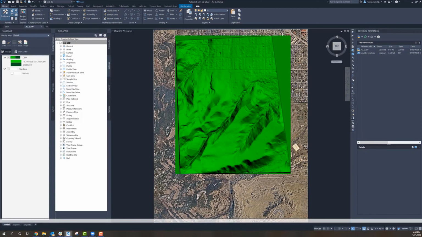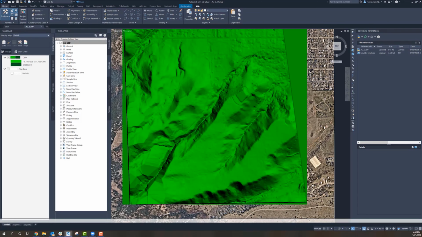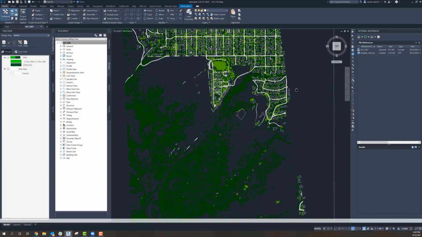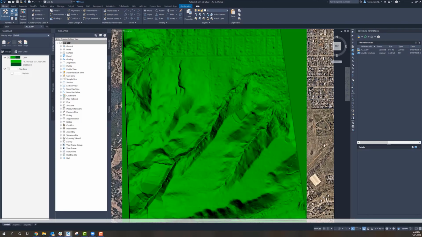Okay, perfect. Now we can see here the DEM is loaded in, and visually this is telling us a lot about the different elevation characteristics going on in this area. You can see clearly where there are certain hills and slopes and where it becomes more mountainous versus the neighborhood.